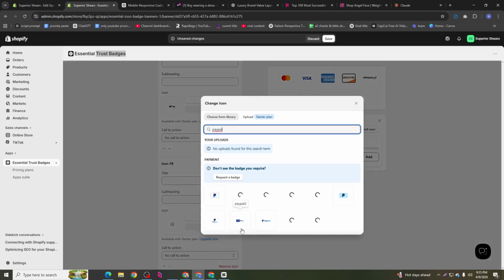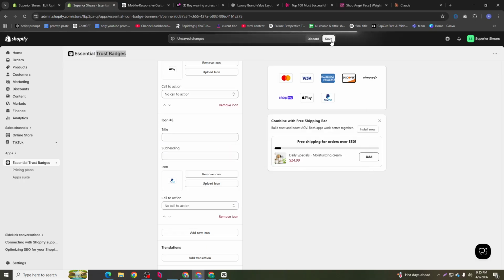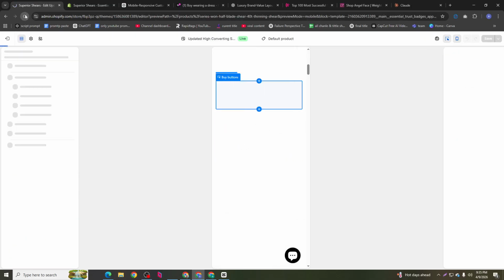PayPal. Now I will be able to add the PayPal icon from here. Let's see which one will be perfect. I think this one will be better. Let's add the PayPal logo. This one is good. Let's click the save option. Yeah, guys, that's pretty much it. Now if I go to Shopify and refresh, you will see the result. Pretty simple. Now I don't have any gap. That's exactly what my client wanted to know.